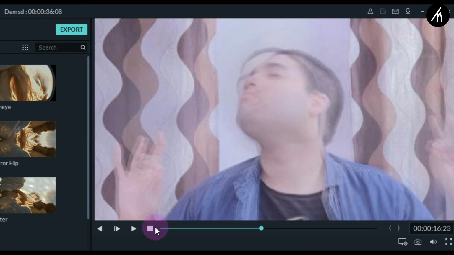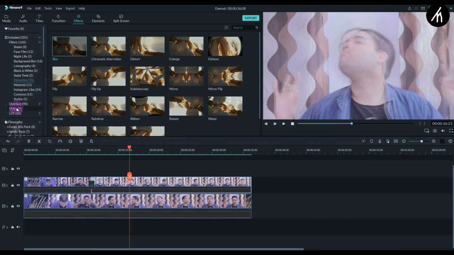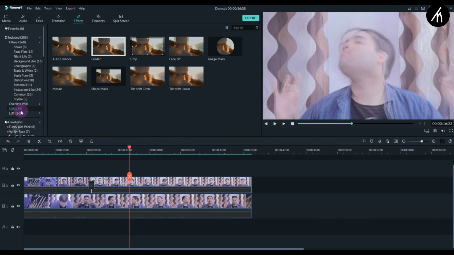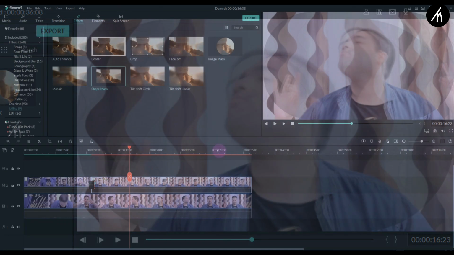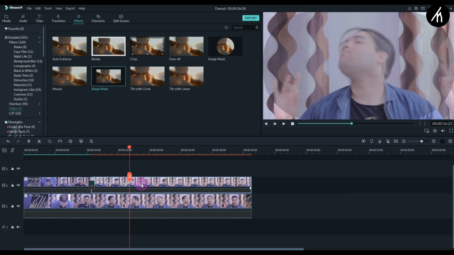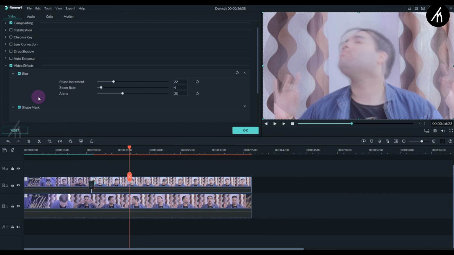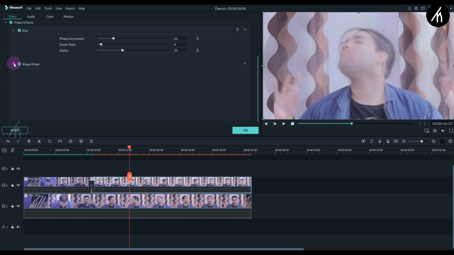But now you will notice this motion effect on our hands too, and we don't want that. So to remove it, simply go into the effects tab, go to the utility section and take this shape mask and put it on the second clip, second portion. Okay, now you will notice this blackish fade on the clip here. So to remove it, double click on the second video, and then here in the video effects, expand the properties